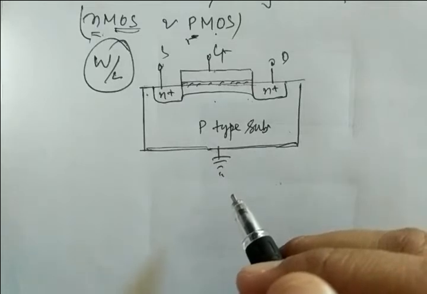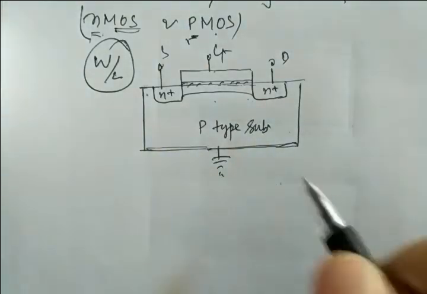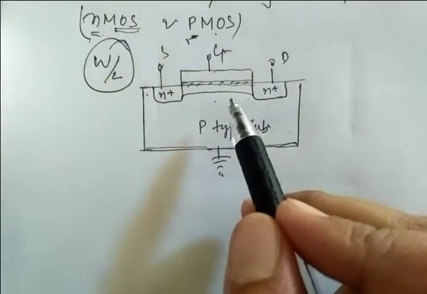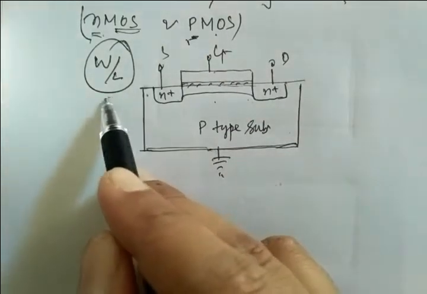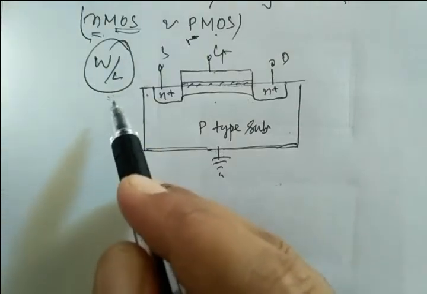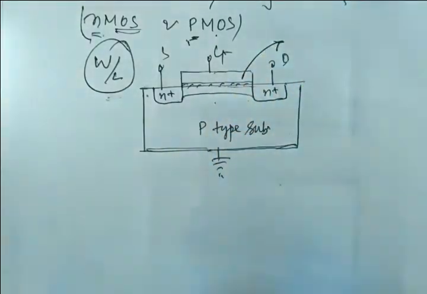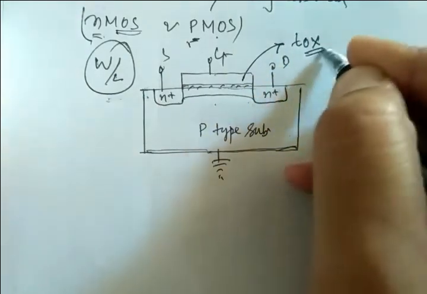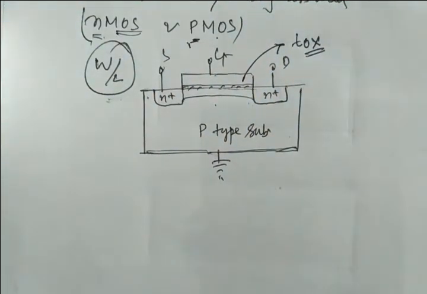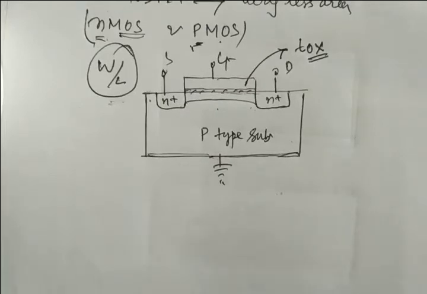Okay, and the gate voltage is applied between your source and drain terminals. This distance is defined by the channel length and channel width, because a few minutes ago I discussed that the W/L ratio is an important parameter. And here is an oxide layer, and the thickness of this oxide layer is denoted by Tox, the oxide thickness. This is also an important parameter, but we are discussing very briefly, so there is no need to know it in detail.